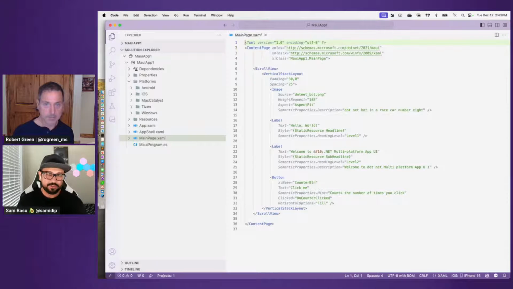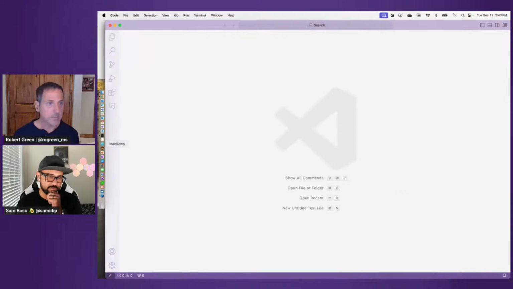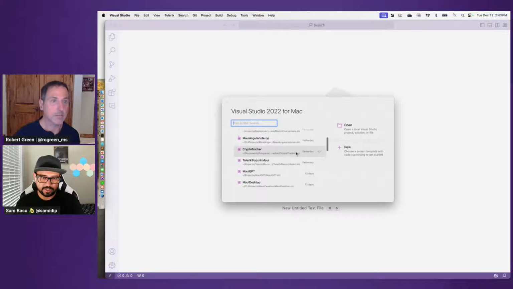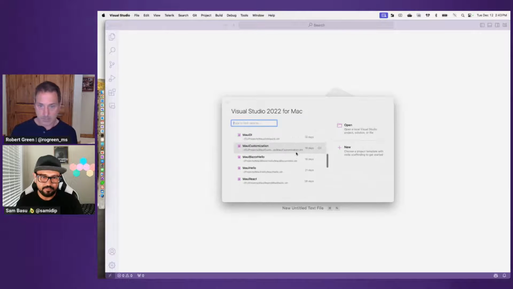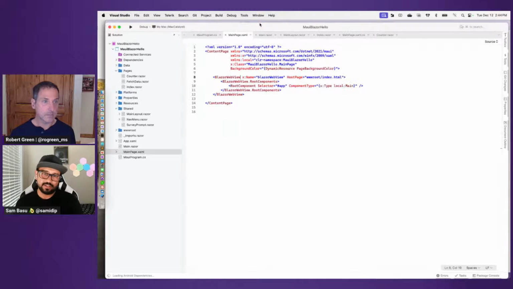All right. So that's the Maui experience. Now, if I can flip this for a second, let's look at the Maui with Blazor experience. I'm going to take you to Visual Studio, the IDE here, just to show you it's the same exact solution. Exactly the same solution, but if I started with the Blazor template, then you have a few things that are a little different.